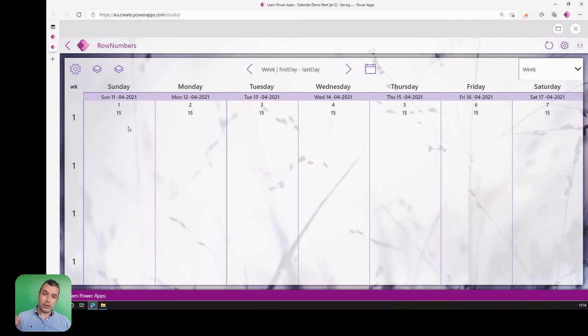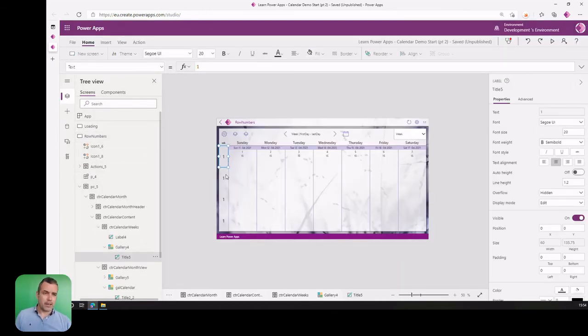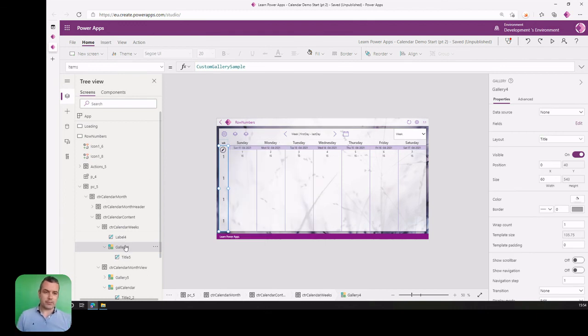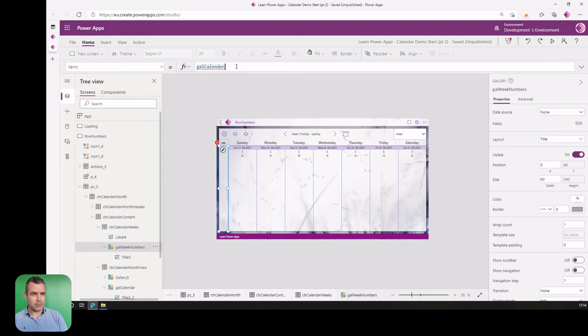Almost done. The only thing we need to do is to have the headers organized differently, and of course the weeks. Start, because now we have a gallery here, say this is named gallery week numbers, it doesn't really matter what they're called, and here we would like to have a data source connected properly to the gallery calendar, right? And calendar